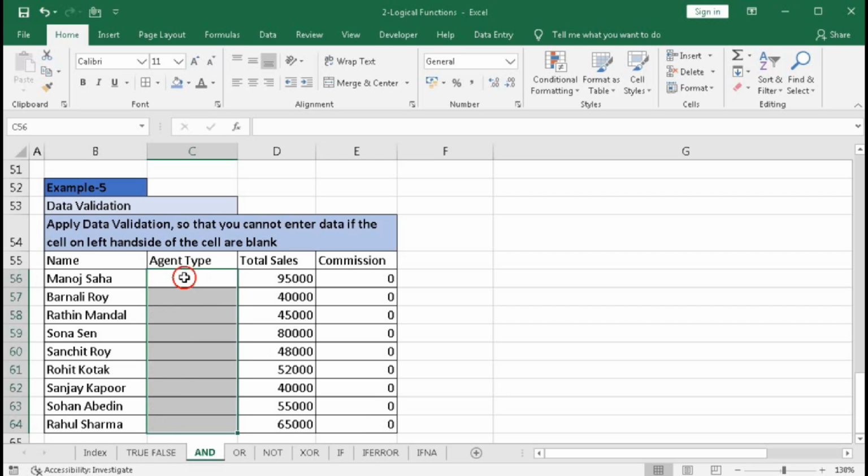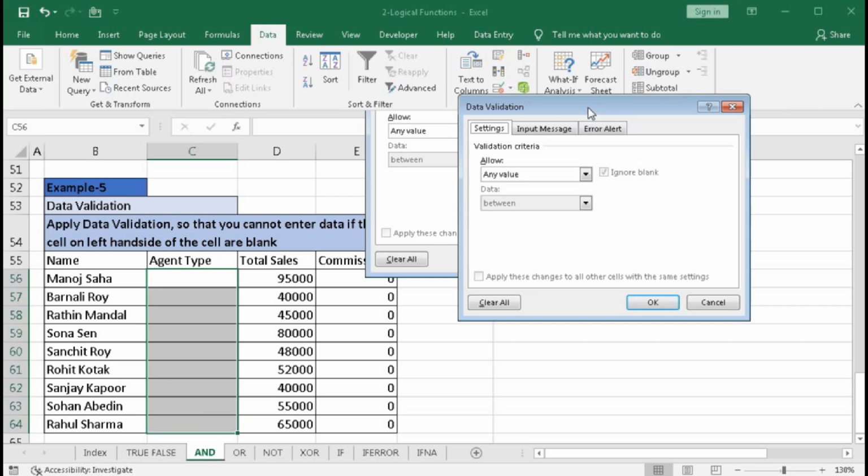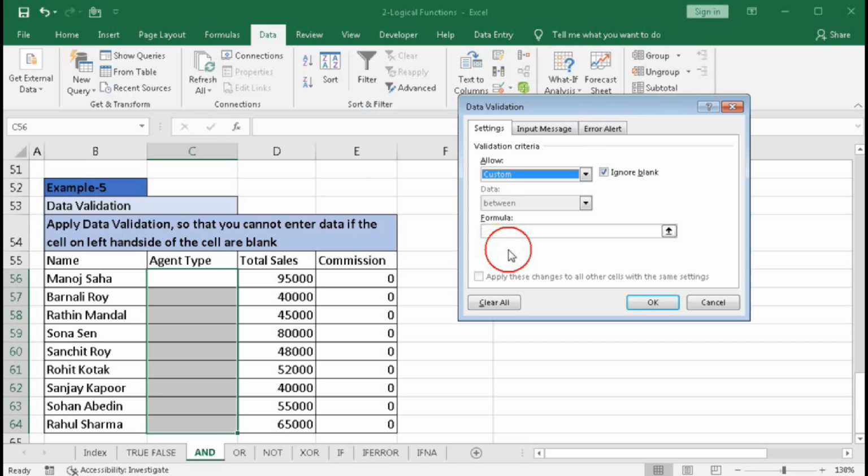Now here we'll go to Data, then Data Validation. Select here Custom.